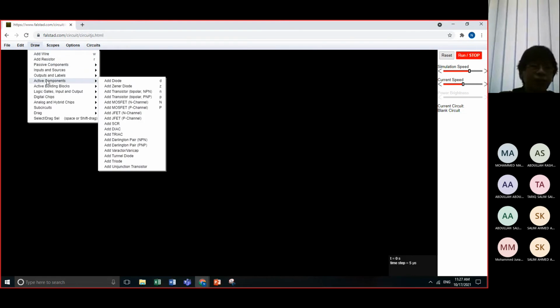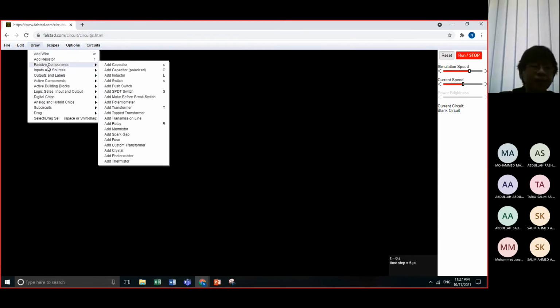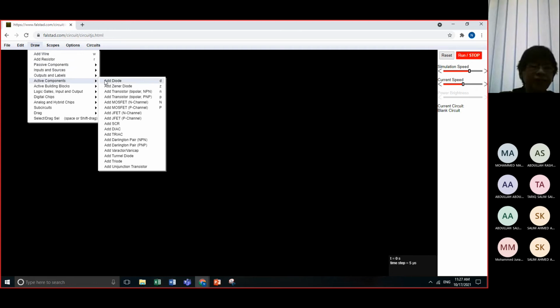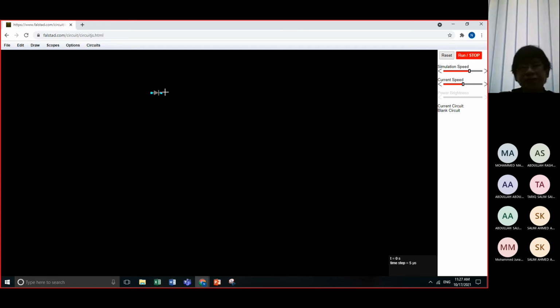Okay, it is in the form of active component, active component for diode. So this is my diode number 1, diode number 2, and diode number 3. Okay, like this.